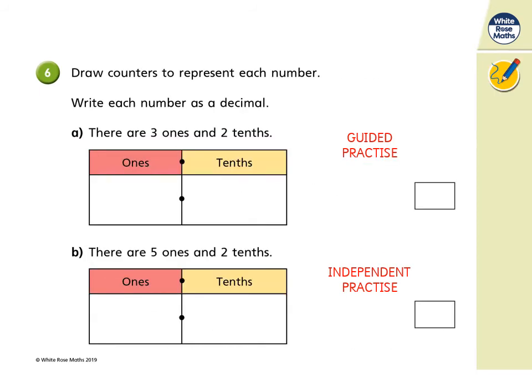And here again we have some more variation to help us practice this objective. So we're going to practice drawing counters to represent each of the numbers. And we're going to write it as a decimal once we've drawn the counters in. So A, it's telling me that there are 3 ones and 2/10. So I am going to draw 3 ones